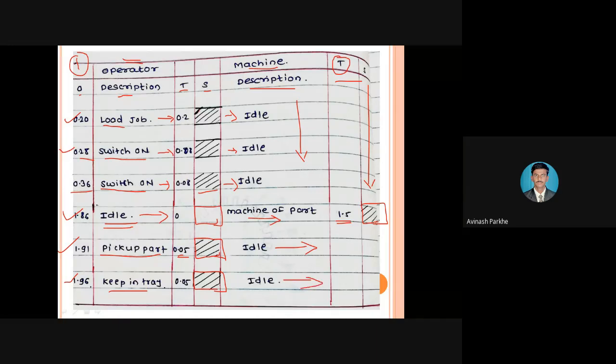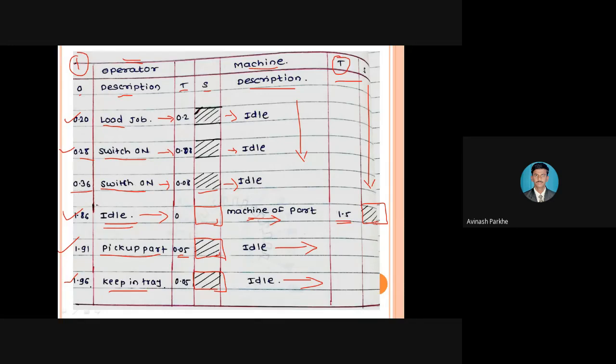While converting that particular raw material into the finished goods, if you go through this 1, 2, 3, 4, 5, a total of 5 times the operator has performed its activity. But if you think about this particular machine, a total of 4 times the machine is idle, and only one time the machine is working. So whatever activities are performed by the operator and whatever activities are performed by the machine, both are represented using the single chart only. Therefore, this particular chart is called a multiple activity chart.